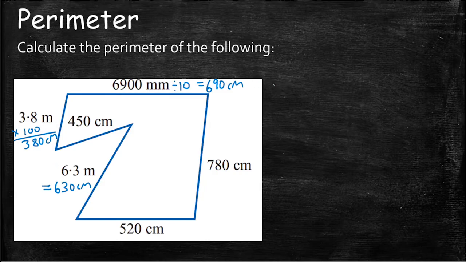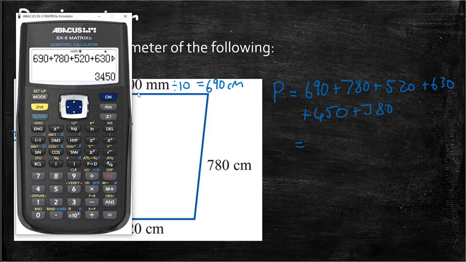All we need to do now is add up all the numbers to get the perimeter. So the perimeter is going to be, I'm going to start at the 690 and I'm going to work my way around in a clockwise direction. So we're going to go 690 plus 780 plus 520 plus 630 plus 450 plus 380. And then the next one would be the 690 again, but we don't want to count it twice. Then we just need to add up all of those numbers, giving us a total perimeter of